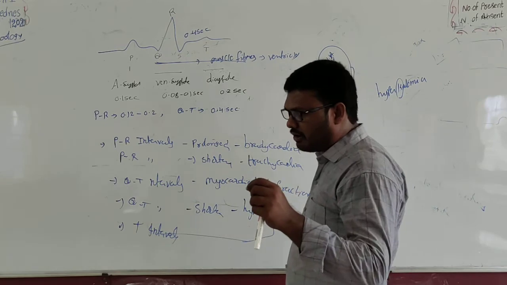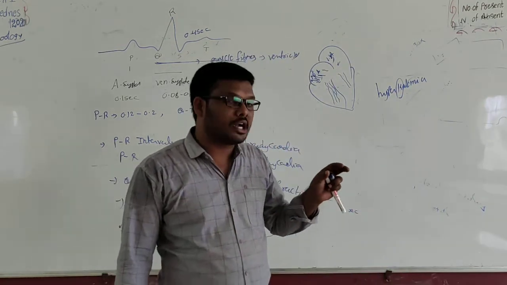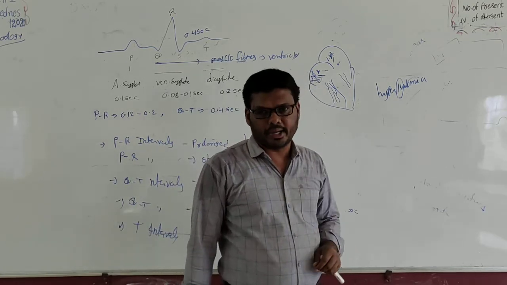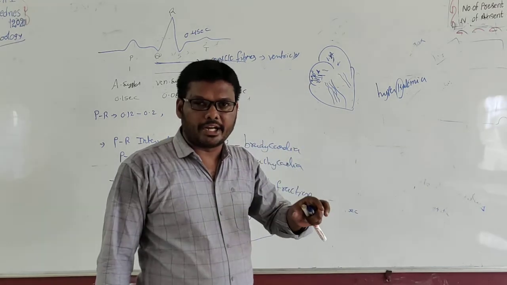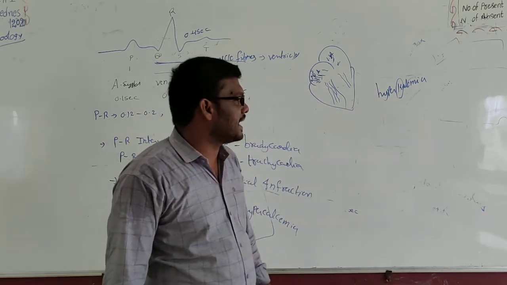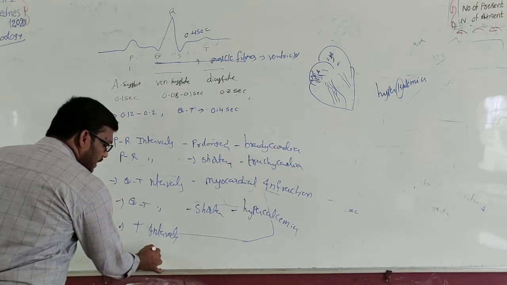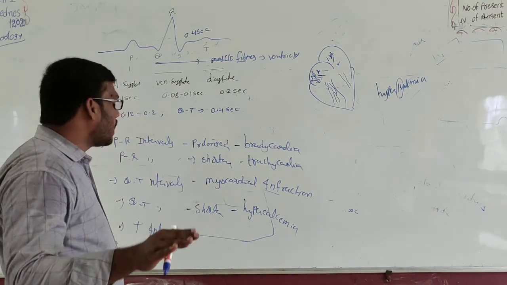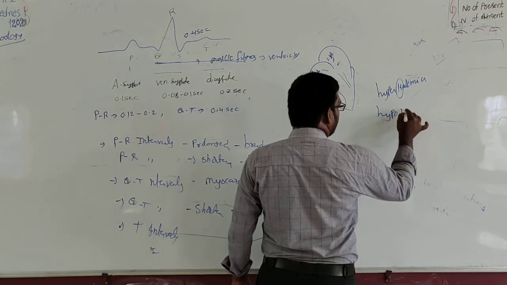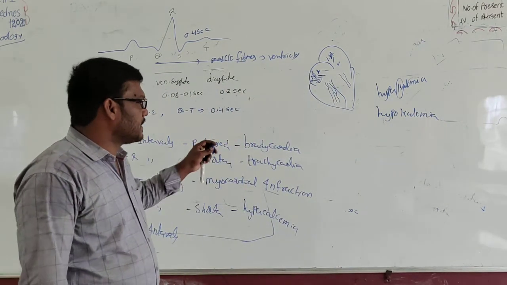How does the potassium level increase? It is linked with the kidney, because the kidney is not able to work properly and cannot eliminate the potassium properly from the body. At that time the potassium accumulates in the body, affects the heart, and leads to the condition called hyperkalemia. And when the T wave is shortened, what will happen? It will lead to a condition called hypokalemia. A low amount of potassium is present in the body.